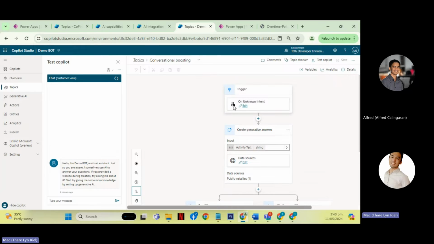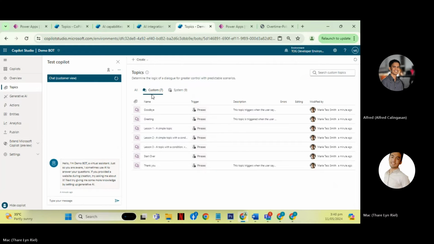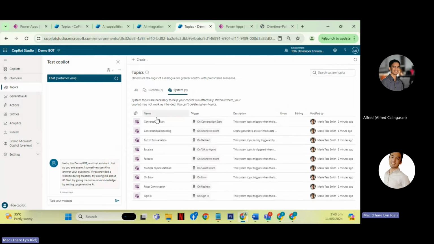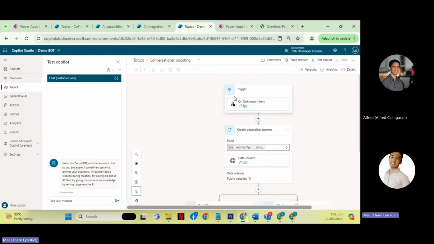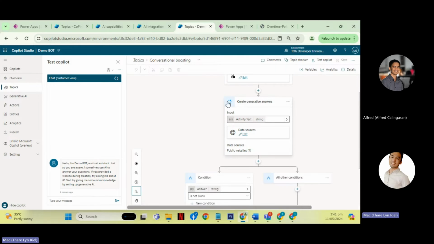So if the user inputs something that is not covered by the existing topics, it will automatically go to the conversational boosting. And then after that, the next action is create generative answers.